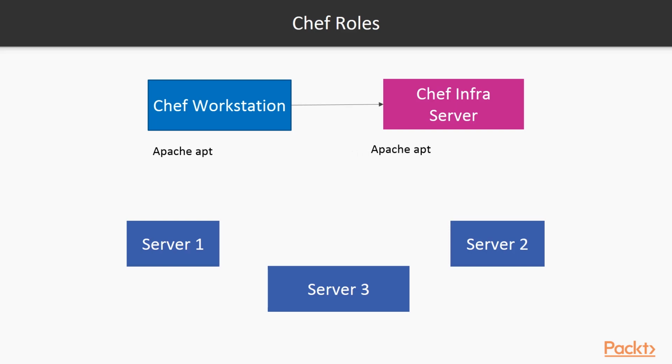If I follow the traditional way, I need to assign the run list to each of these nodes. And when any updates are there, each of the nodes has to be individually edited. So here on server 1, server 2 and server 3, I would have to modify the run list each time I need to make any modification. Rather than doing this, I can create a role called web and attach the run list to that role web.